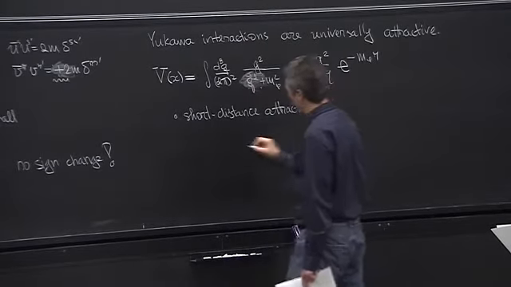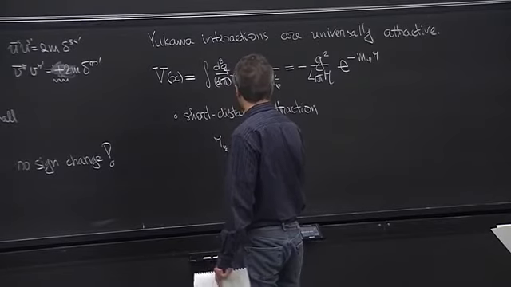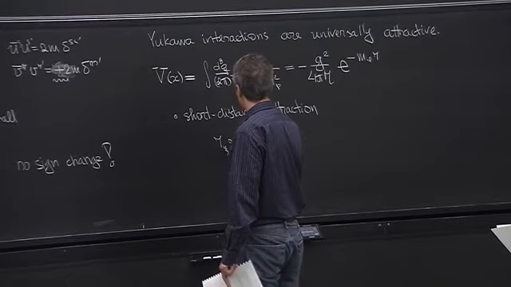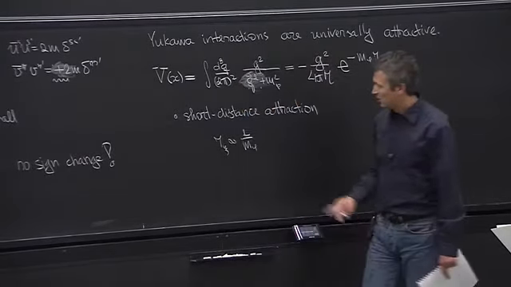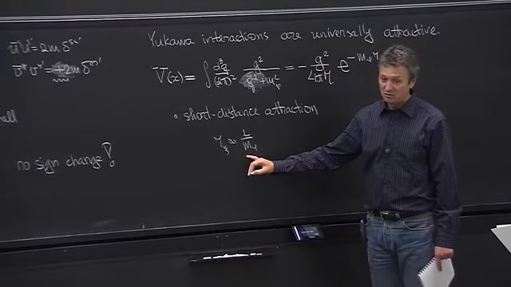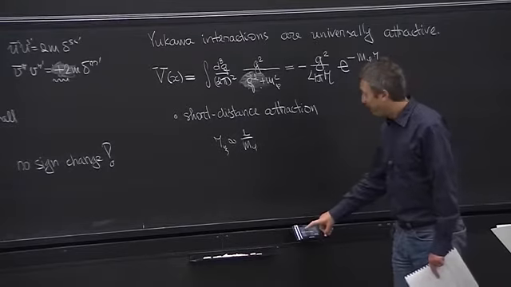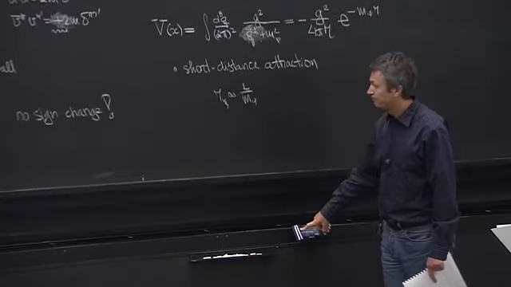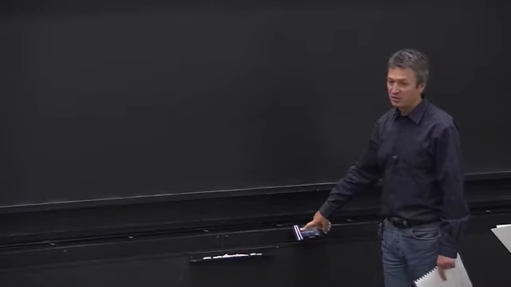It dies off at a scale, there is a correlation length which coincides with the Compton wavelength of the scalar particle. So what we get is short-range